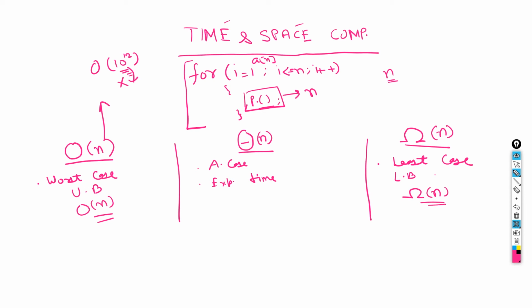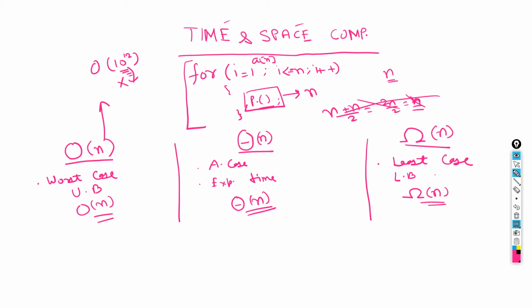Now what's the average case? The average case is nothing but, if both are the same, then this will also be the same. Because average is nothing but n plus n by 2, which is 2n by 2, which is n. If you think this is always the scenario, no, this is not the scenario. What happens over here is that this is the expected time the algorithm is supposed to take for a given input n. You can assume this, but this is not always the case.